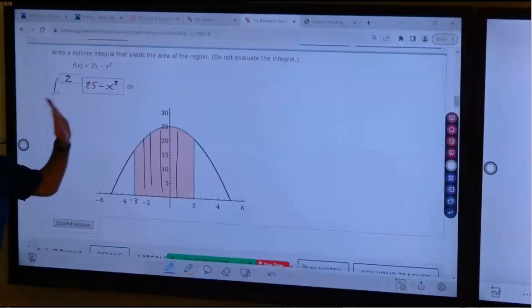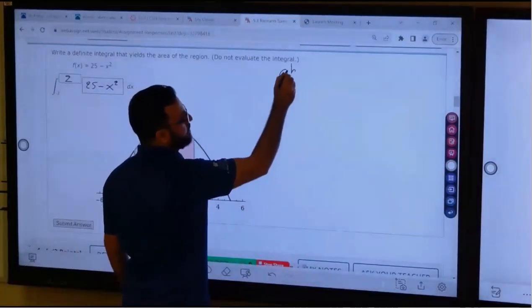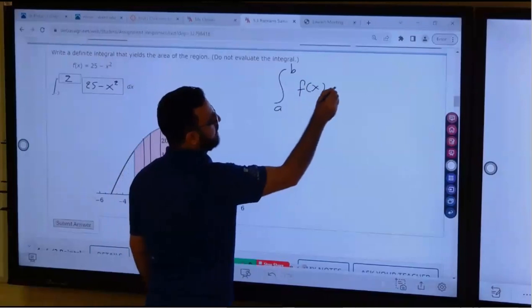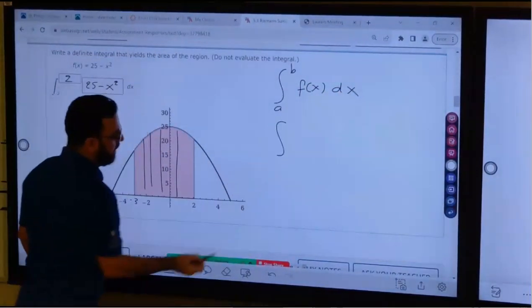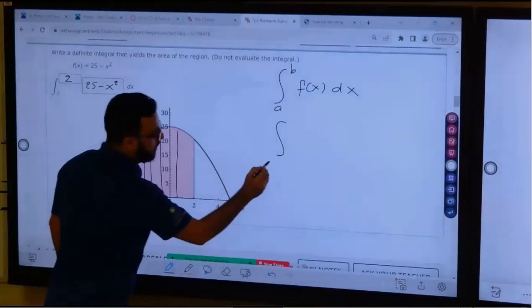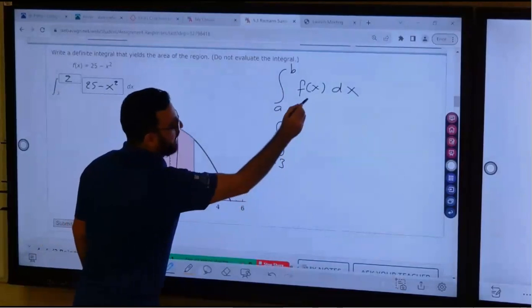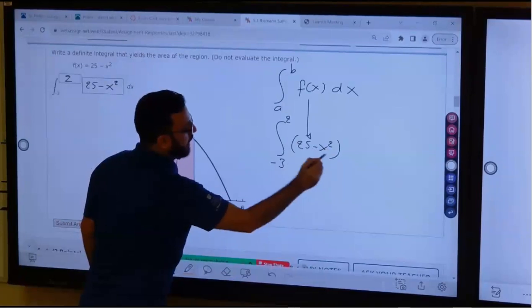And here we just set up everything, because our rule is the integral from a to b of f of x dx. That means the integral from a, which is, we need to find this area from -3 to 2. We're going to write down our function, which is 25 minus x squared. And then,